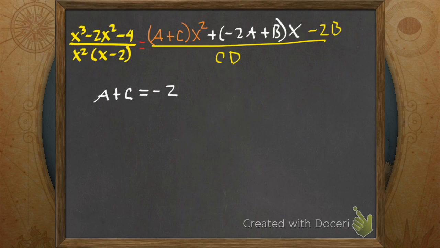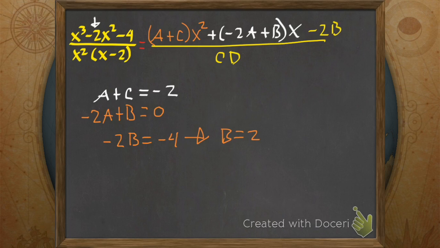Okay, so that we match up our coefficients, and then we have a plus c is equal to a minus 2, because the x squared term has a minus 2 in front of it. And then we have a minus 2a plus b, that's equal to 0, because we don't have a linear term in the left side of our unadded fraction, or our added fraction, and then constantly our constant minus 2b is equal to a minus 4, which gets us that b is equal to 2,